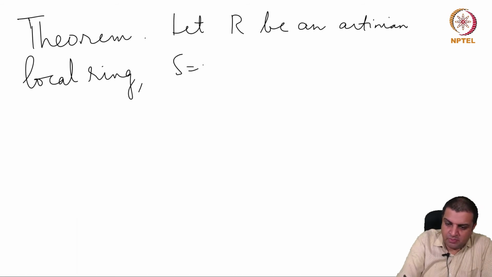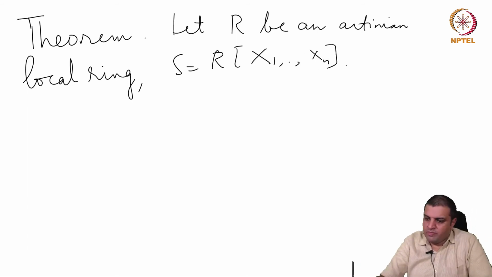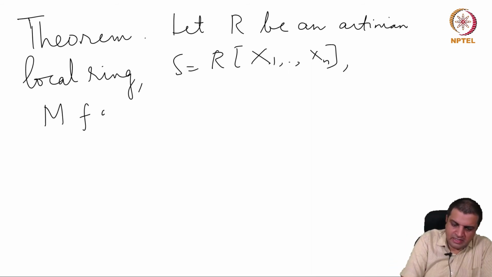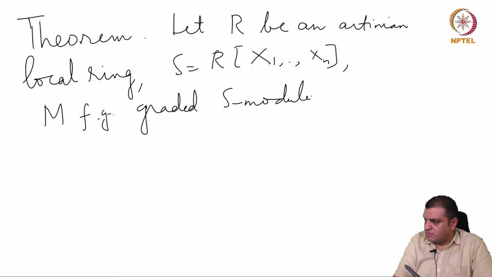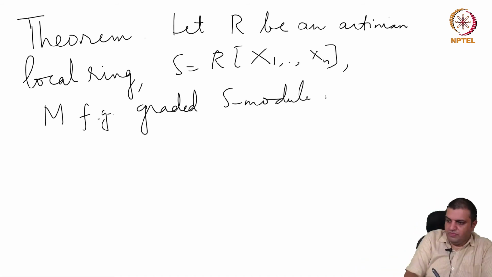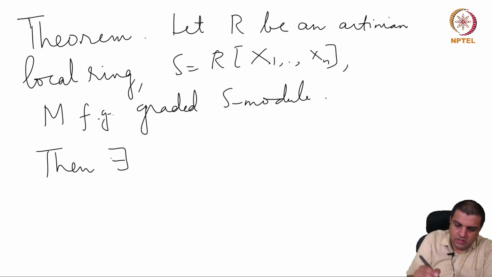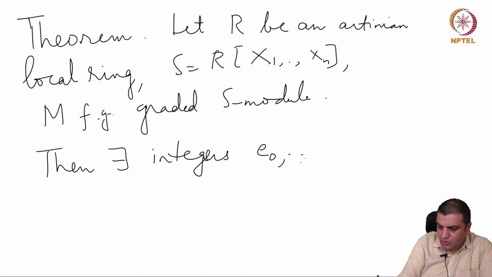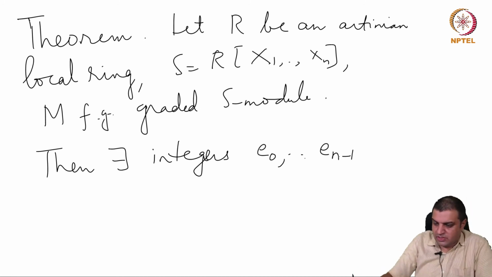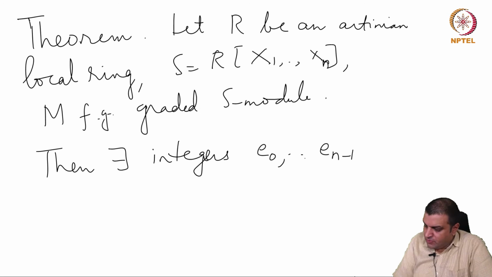Okay. S is a polynomial ring over R. M is a finitely generated graded S-module. Then there exist integers E0 through E(n-1). So notice it's n minus 1: if there are n variables, this will go up to n minus 1. In other words, there are n coefficients, such that